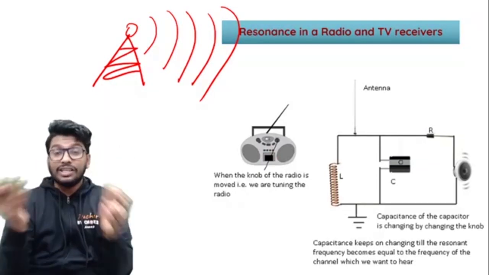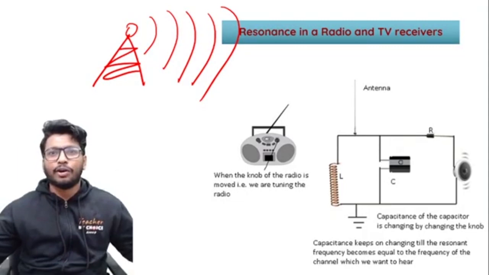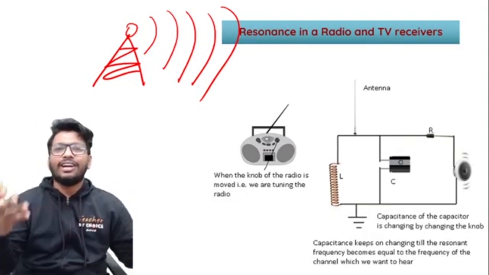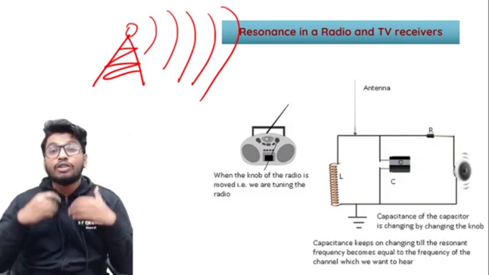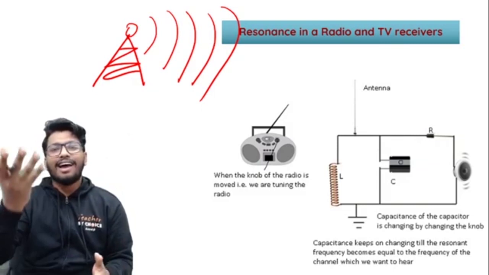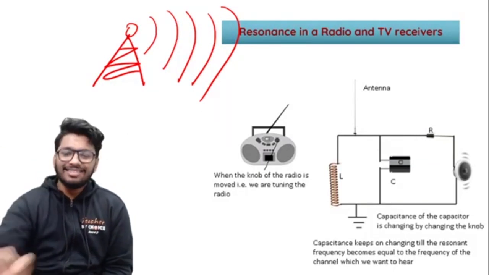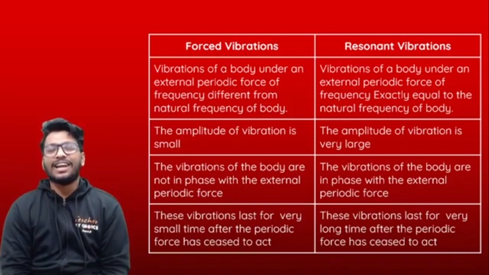Now this frequency could be different for different radio stations. Like I told you, it can be 97.2 or 96.5, whatever it is. That is the frequency at which they are sending out the radio waves. So if your device matches that frequency, it starts to resonate and you are able to hear the sound. Done. In the case of TV also, it's the same thing. So all of these are where you see resonance.